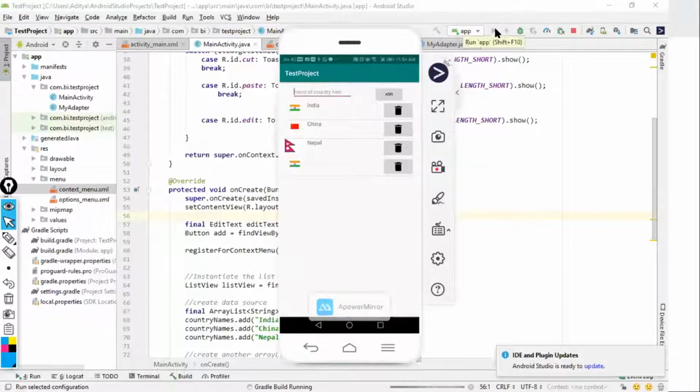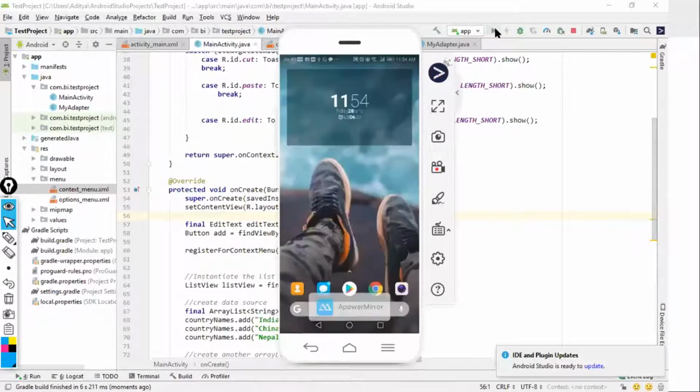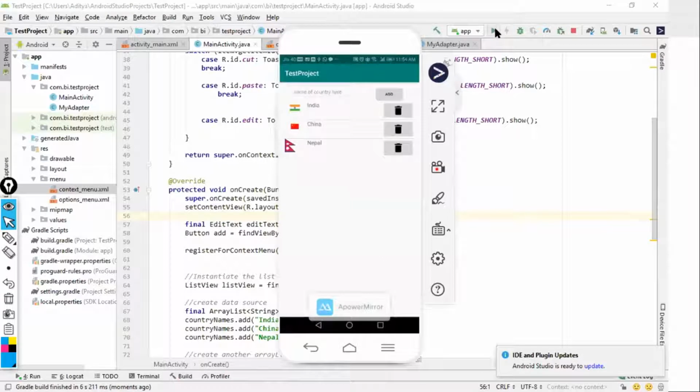The reason is, guys, for example, if you're working with an edit text, you'll get different options. If you're working with an image, you'll get different options. So in both scenarios, you'll be using context menu only. But the context menu needs to be registered on the objects on which you want the context menu to be shown. Right? I'll just click on this add button for long.